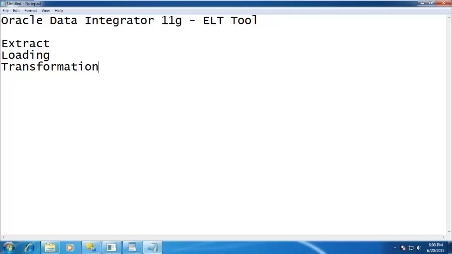But in ODI, it doesn't require any additional infrastructure. All the transformations are pushed to the database, and the executions are taken care of by the database itself. Because of that, ODI doesn't require additional infrastructure, like servers to execute the transformations.